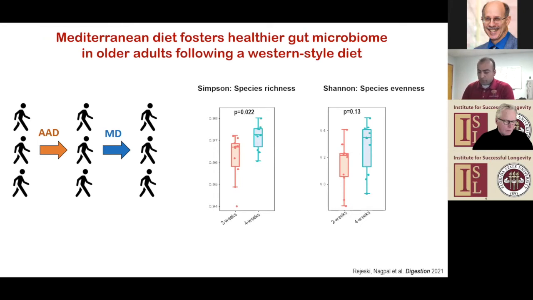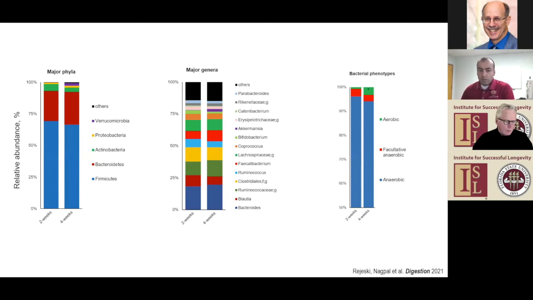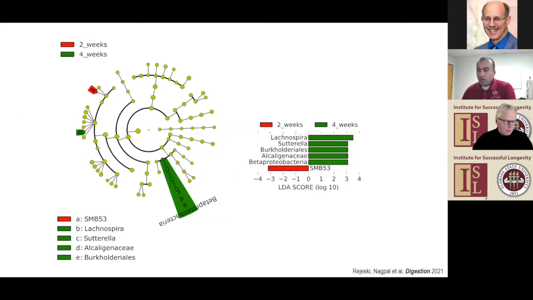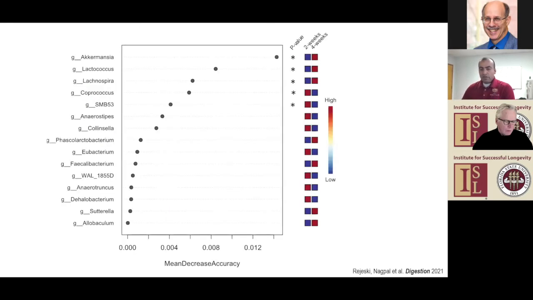In addition, we found that the deep composition of the microbiome was very, very different between the two groups. But we performed many more analyses to pinpoint what are the main bacterial genera which are playing a role in this diet-induced microbiome change. We finally came to the conclusion that Akkermansia was the one bacterium which was significantly increased following 2 weeks on Mediterranean diet. And this bacterium is, again, a health beneficial bacterium.